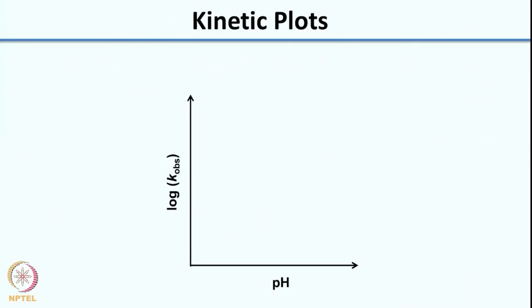Obviously, it will look like a mix of the two. So, I want you to press the pause button and try to work out what this plot will look like. Let us see if you have this correctly. What you would see is a bell shaped plot. What you get is a hybrid of both the plots. So, for a general acid,